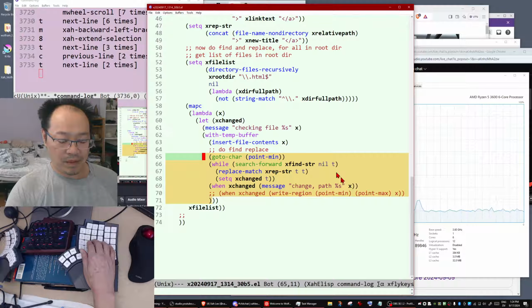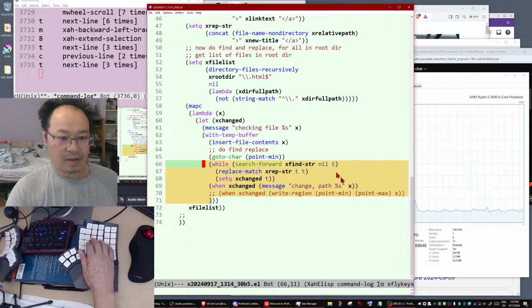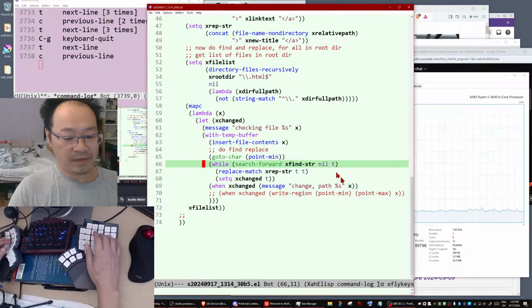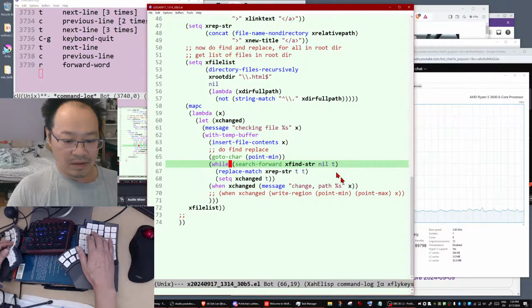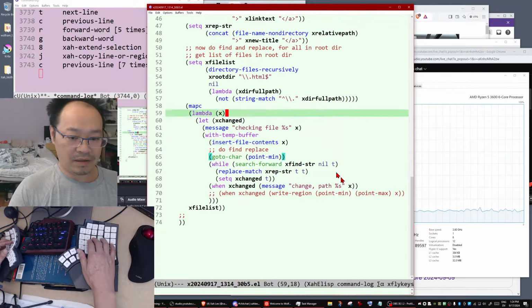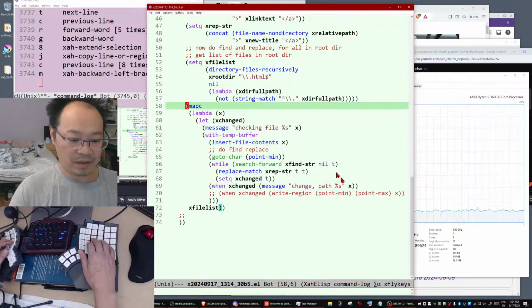Yes, go to the beginning, then search forward for the find string. That's right. Replace match. So what is the find string? So let's print. We haven't. Yeah. So let's print the find string. Let's see what exactly is the find string.